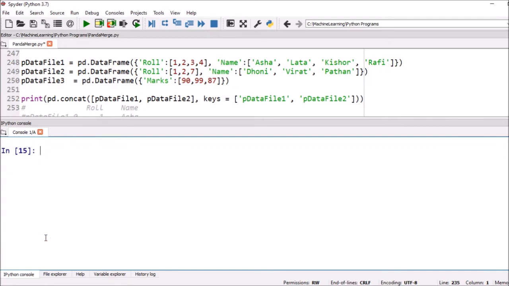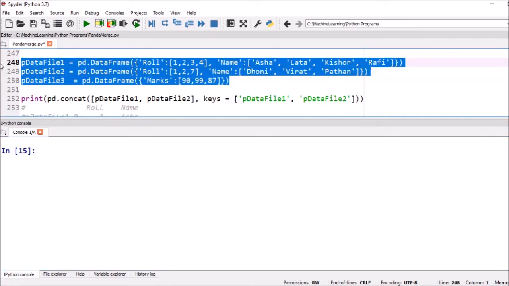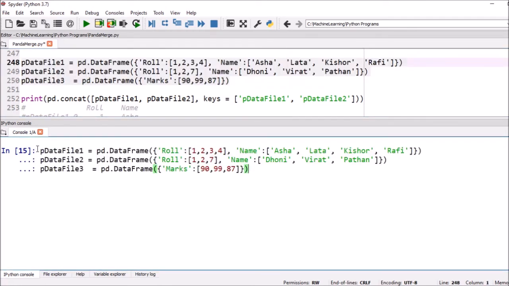Next, to explain further, we need one more, that is p data file 3, where we enter the marks also. So first of all, we just see the data frames one by one, then we can explain further. So this is p data file 1, p data file 2 and p data file 3.